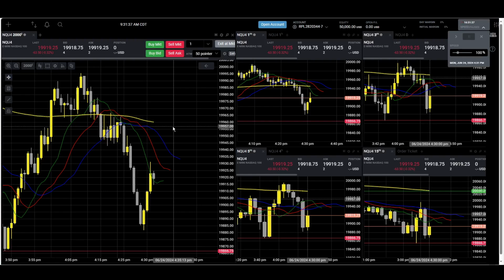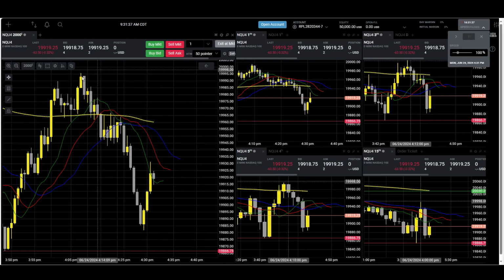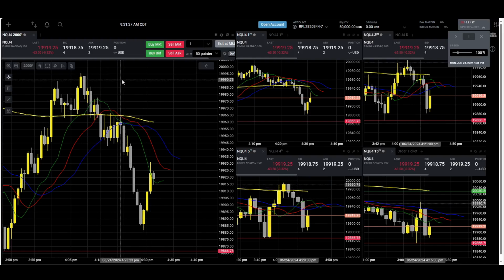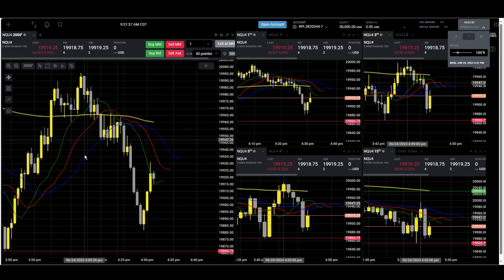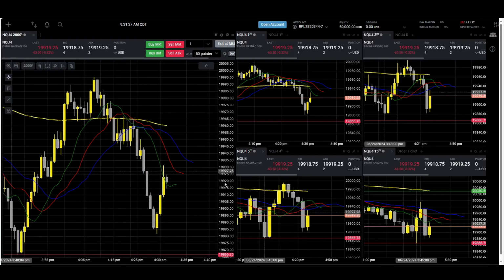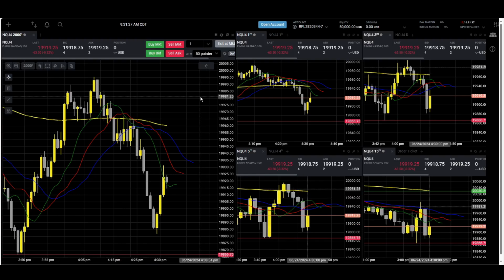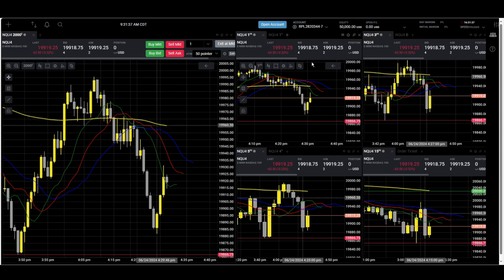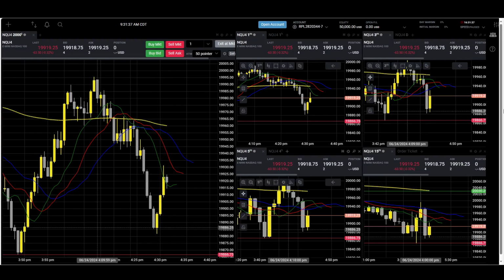So let's go through this. What do we got over here? So we got Nasdaq on the TradeAwait platform. This was earlier today, June the 24th. And this right here, the main chart, is a 2000 tick chart. I will call it just a 2K chart to be simpler. Here we've got a 1 minute chart. Yeah, this area of the screen,